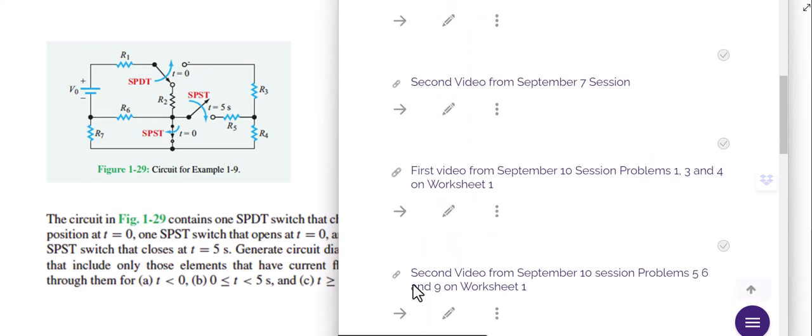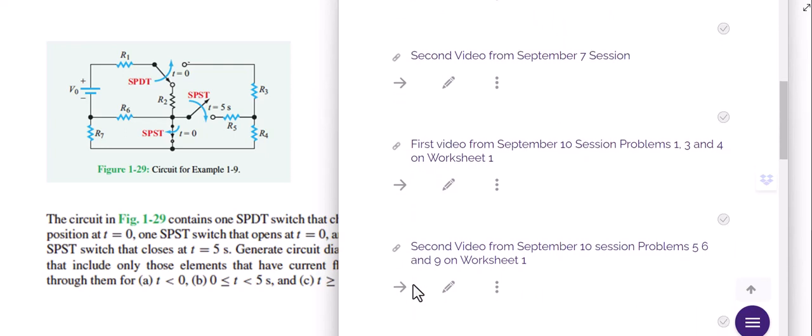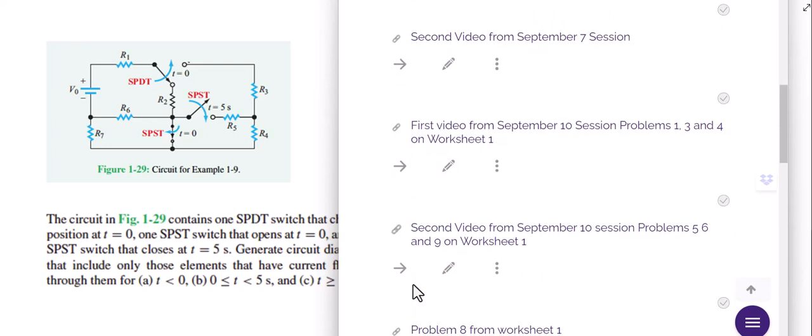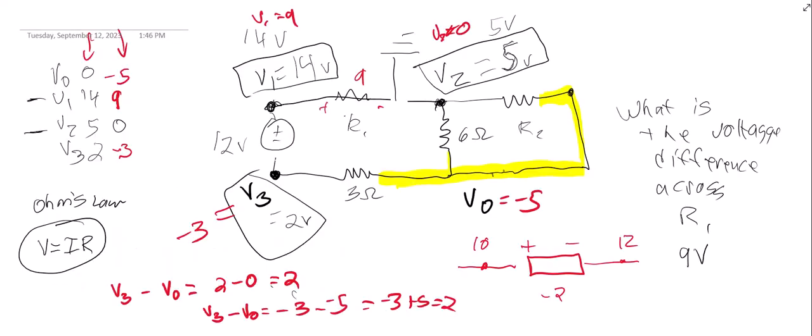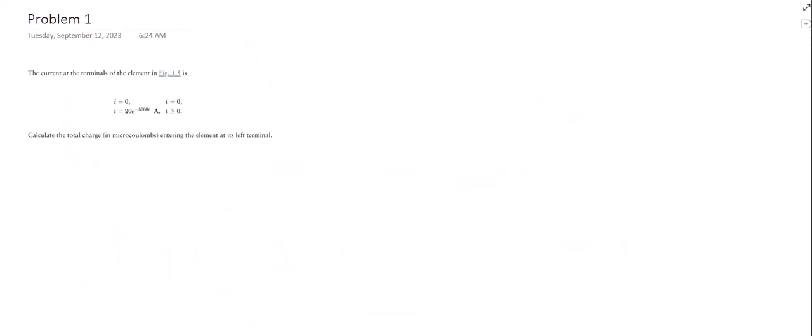One, three, 4, 5, 6, 9. Should be in the second one. Okay. Yeah. I don't know. I think it cuts off. Okay. All right. Okay. Well, I'll do it. It's fine. I can get it from someone else. If I have time when I get done doing the new ones, then I'll go back and do that one. Okay. All right. All right. So